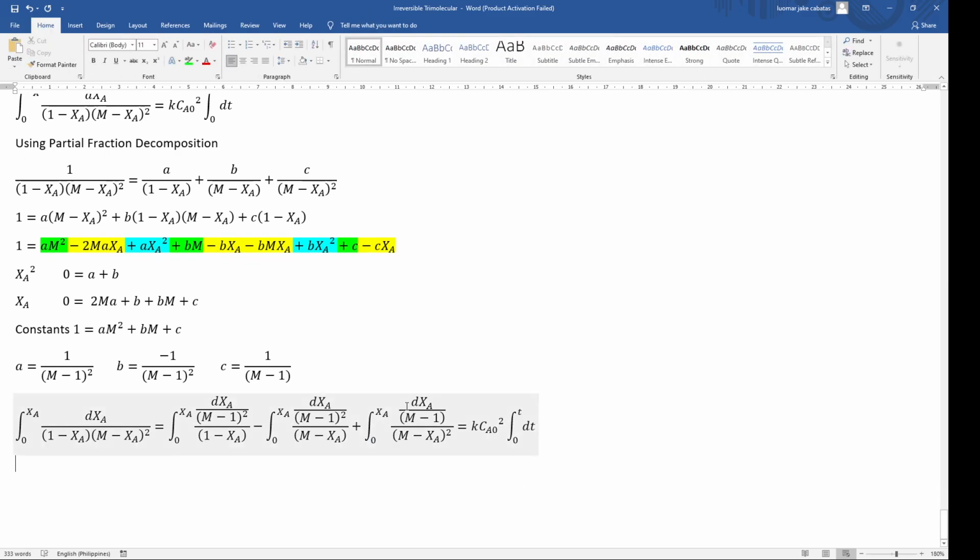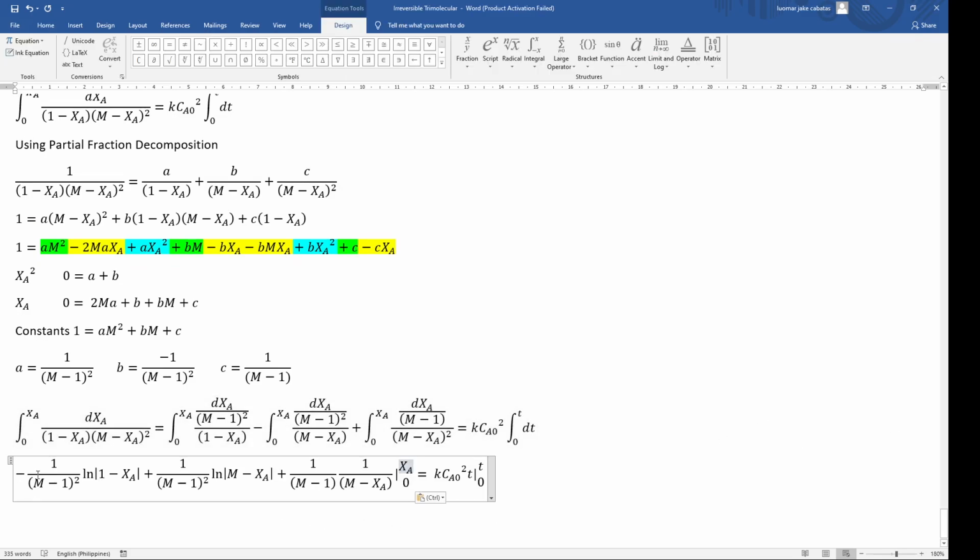So integrating all of this, after integration, we get this